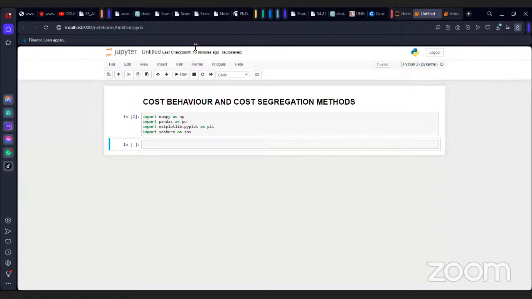So if you want to create a Python script that gives you a diagram that shows how fixed cost behaves, you should first understand how the fixed cost data should be like. Then you create